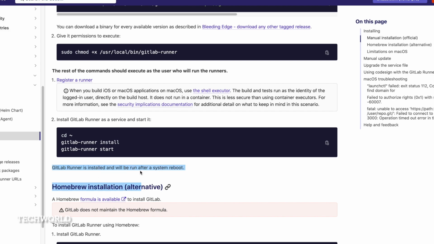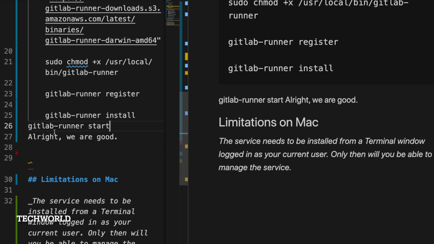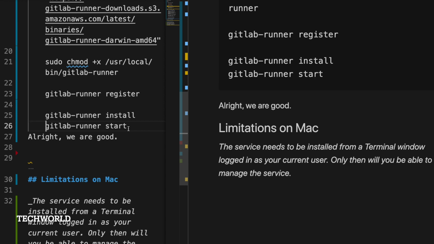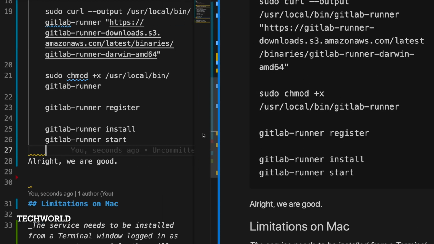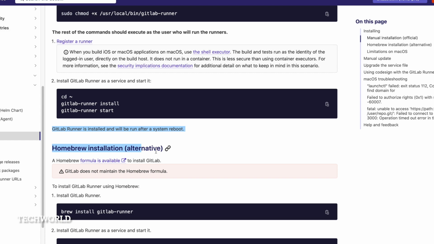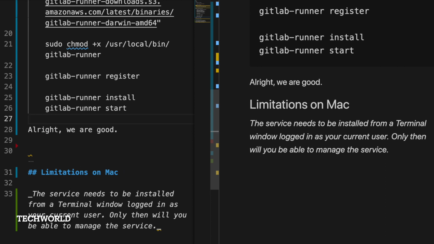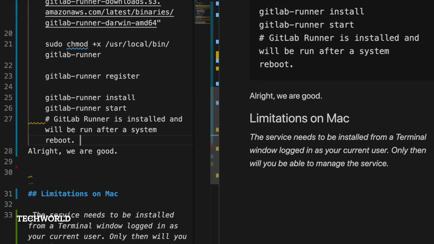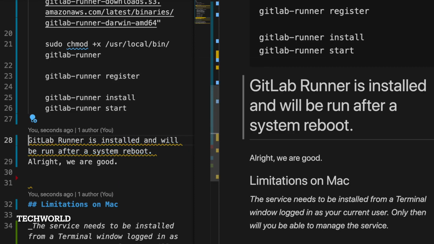Once we have installed GitLab runner, we also need to reboot the system to make it work. Actually, when I was doing this video, I think I had not restarted my computer. Most likely I just restarted or reloaded the GitLab runner. As per the documentation, the system has to be rebooted. In case it's not working for you, just make sure you have rebooted your system. I don't currently remember if I did that restart, but I'm pretty sure I did not. I just reloaded the runner.